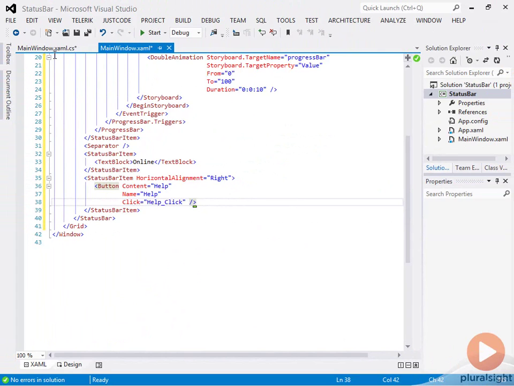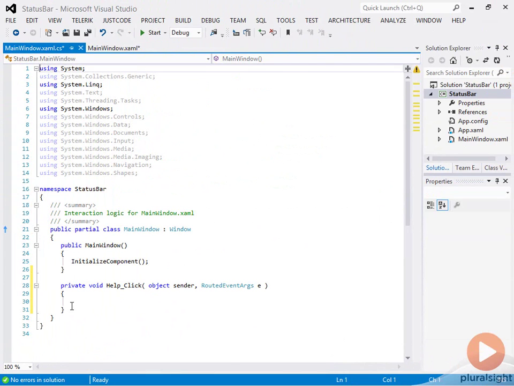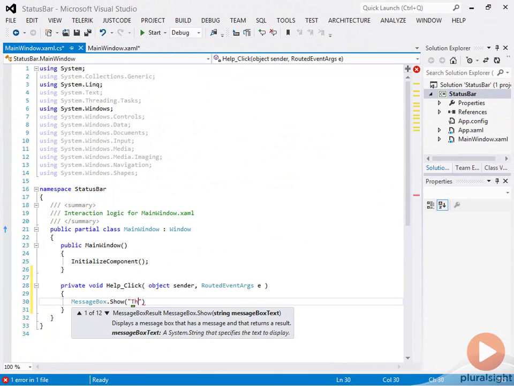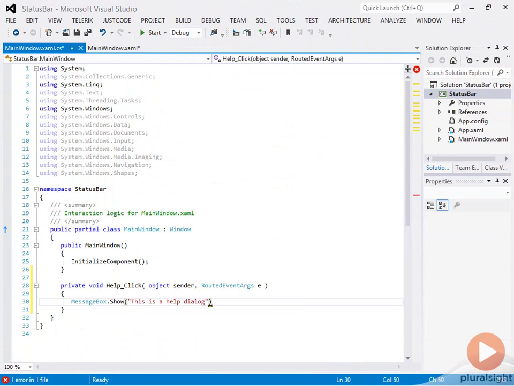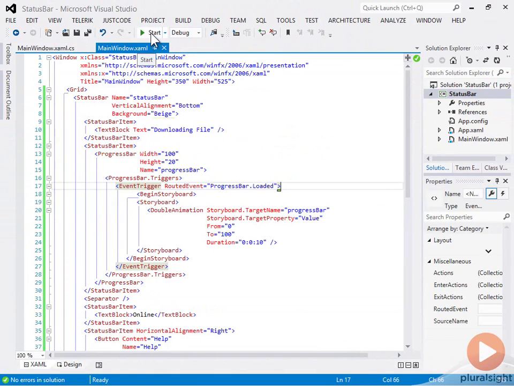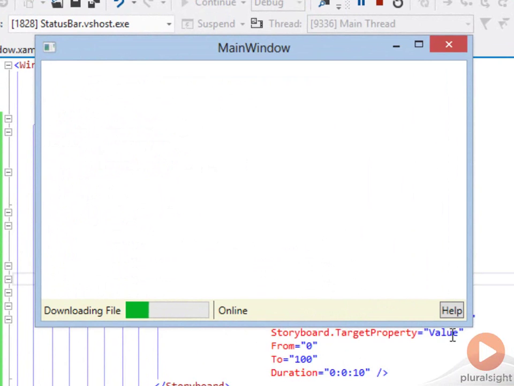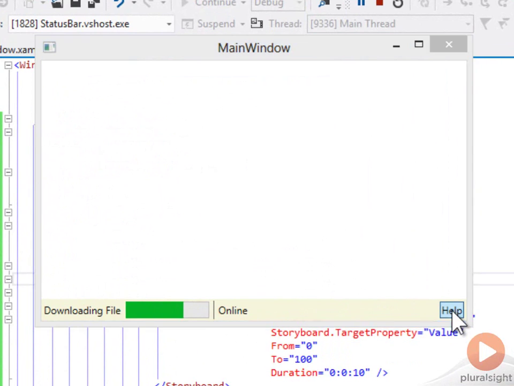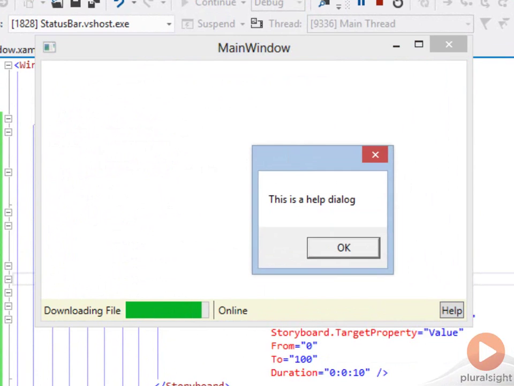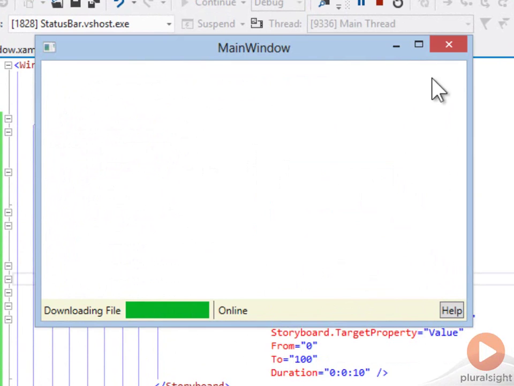We can go to the code behind and implement that button just as we would any other button. And so when the user clicks the help button, we're going to show a simple message box. Let's run the application. We immediately see the animation of the progress bar. We can click the help button. The help dialog appears and the animation continues. We can close the help dialog